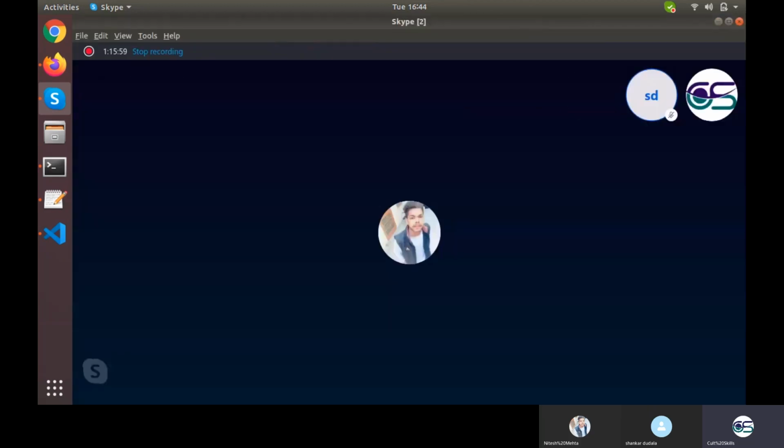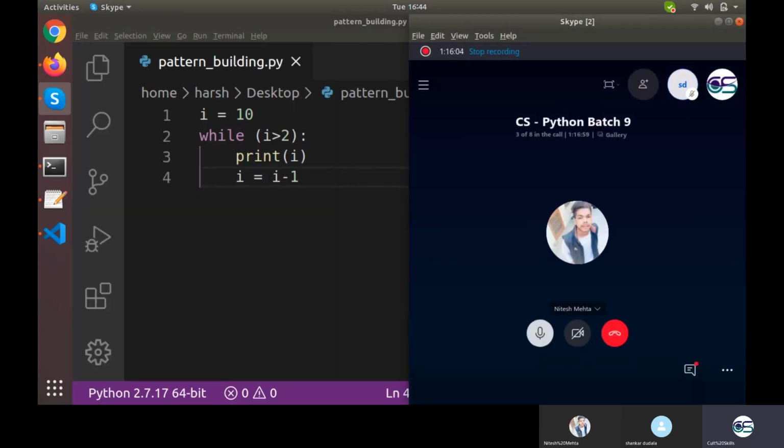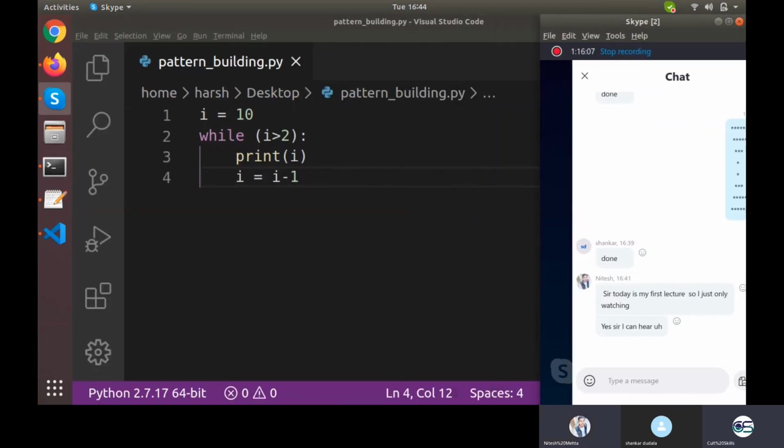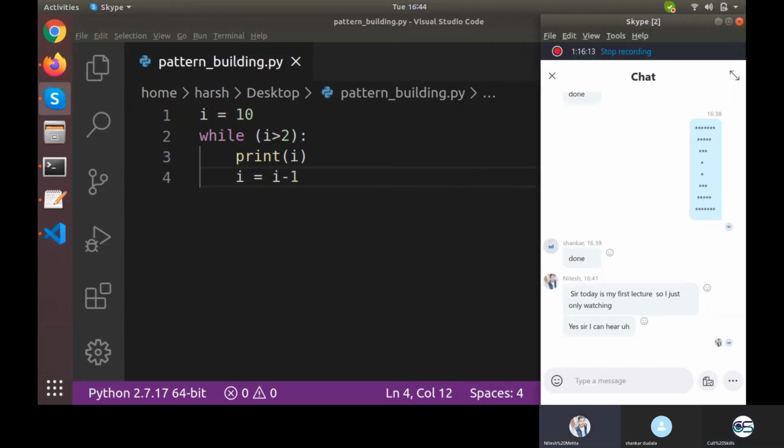So how many people are there on the call? Basically, I need 2 of the people right here. What's wrong with other people? I don't know. So Shankar, what do you think, what particularly will be the output? Okay, are you able to hear me or not? I'm not getting any response. That way I'm not being heard at all.